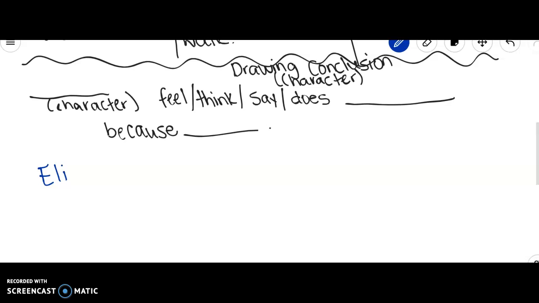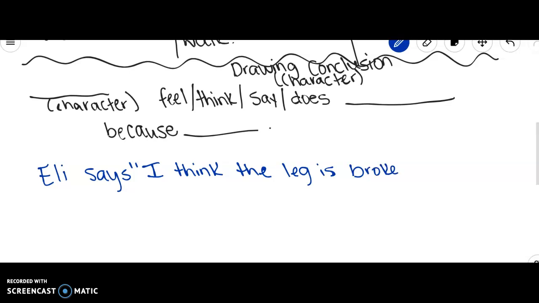So Eli says, "I think the leg is broken." And he cares for the animal